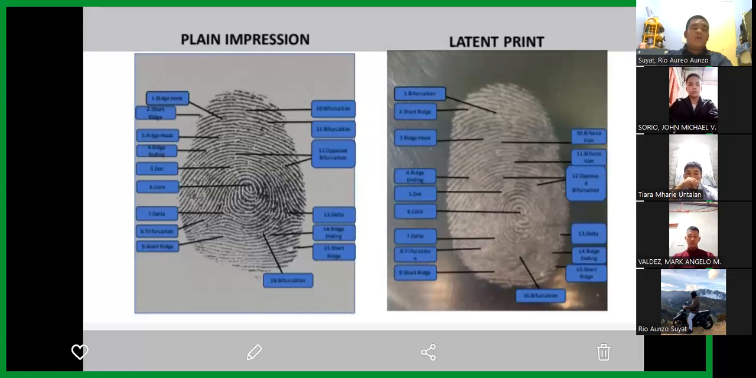Number 32. What is ninhydrin, and how does it work? It is the most widely used chemical reagent for the detection of latent fingerprint marks on porous surfaces such